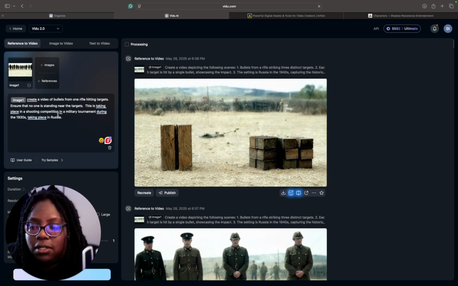So I found details are very important, but I've also found that there can be too much detail where it will show you stuff that you don't need in the particular video. So it's complicated. It's definitely a time, trial and error kind of thing. It's going to require you to do a lot of testing. In some cases, it could actually cause you to spend a lot of credits trying to get the exact video you want.